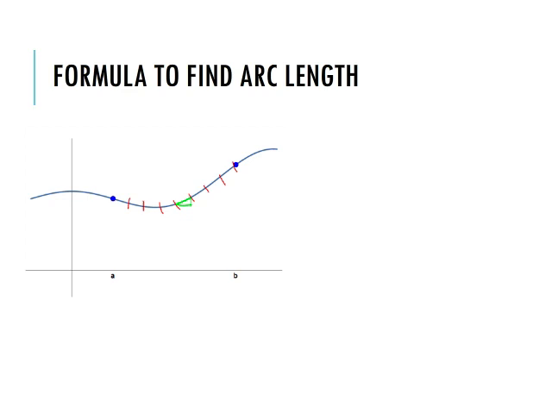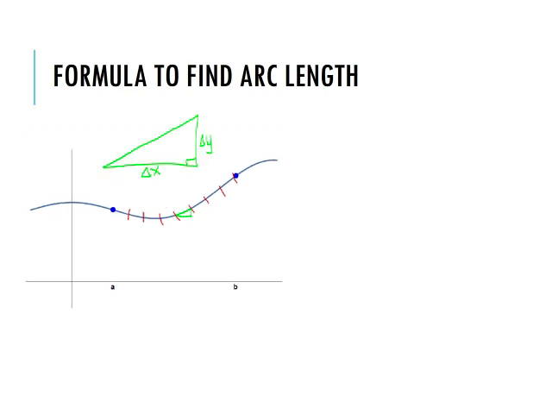So you can see here that I've drawn in a little green triangle that's going to help us find the length of the hypotenuse of the triangle as one of the pieces of our line segments. But it's pretty small, so let's draw it again bigger so we can see what the triangle looks like. After we draw it bigger, it's easier to see that the horizontal change in the triangle, that horizontal side, has a length that's really just a change in x, and the vertical side of the triangle has a length that's